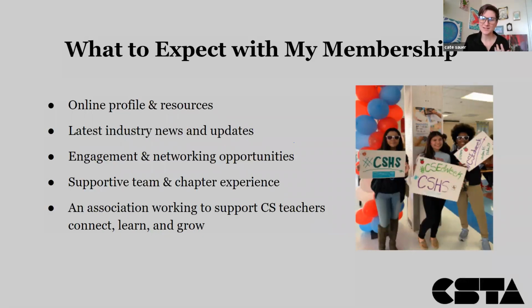And other things to expect is a supportive team at CSTA. As Jake said, we've been traditionally kind of North American focused, but we are definitely working to grow and expand and support. And what does that mean? Materials in different languages, materials sent out in time zones that work for you, as well as thinking about what resources would be most beneficial for different audiences across the world. So we're definitely thinking about those things. And as Jake mentioned, we welcome your feedback. This is a dialogue in which we can both grow and continue to develop together.